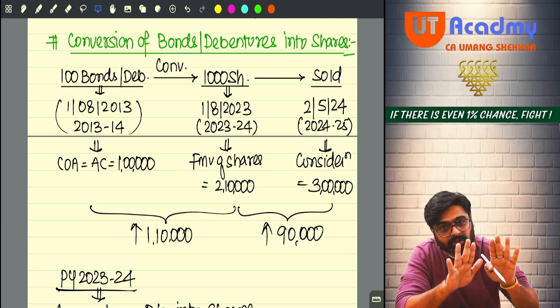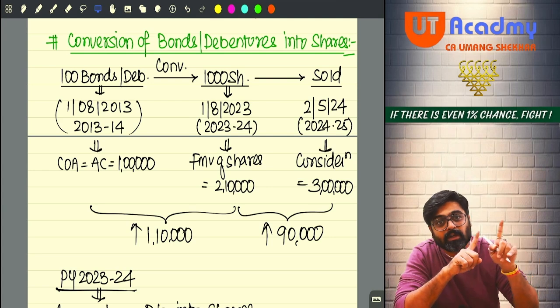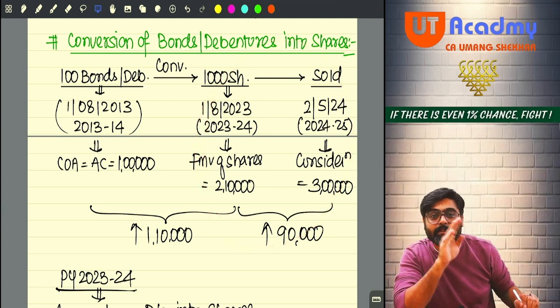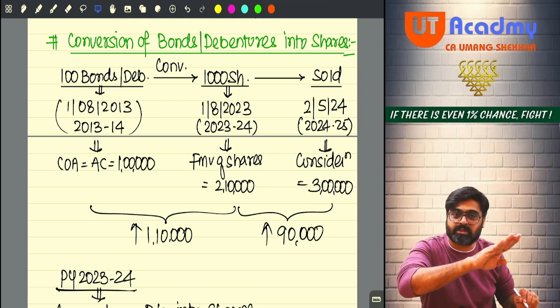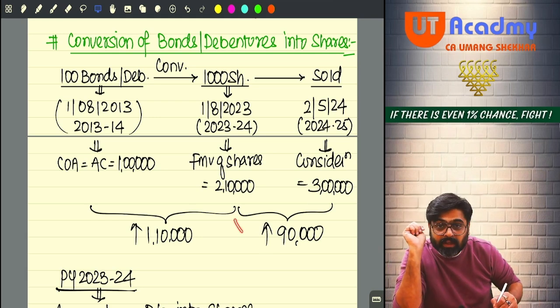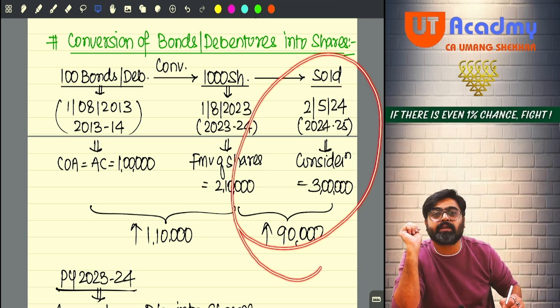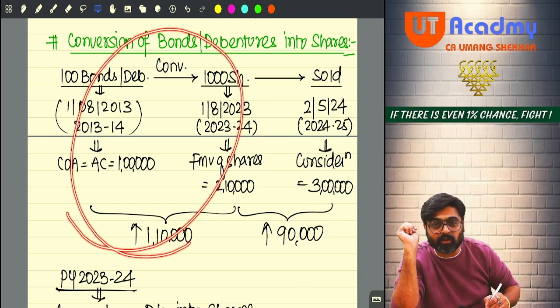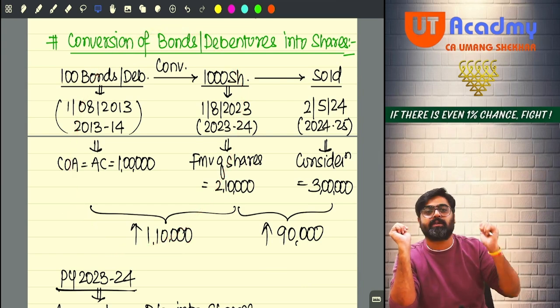Only the gain for shares was taxed? No. Then the period of holding of the shares would have been taken. But the gain for the earlier period is also charged? No. So with your period of holding of the shares, also include the period of holding of the bonds or debentures prior to its conversion.